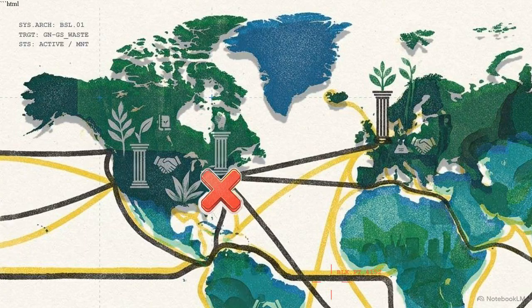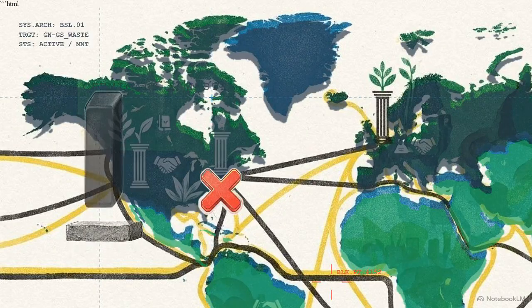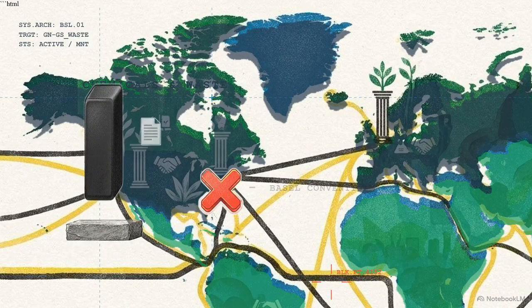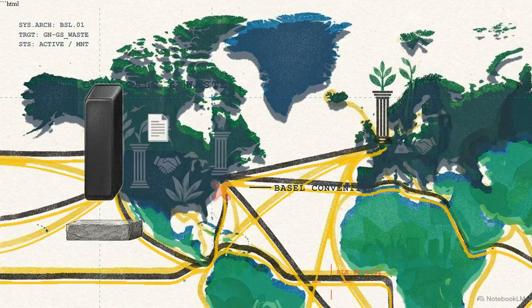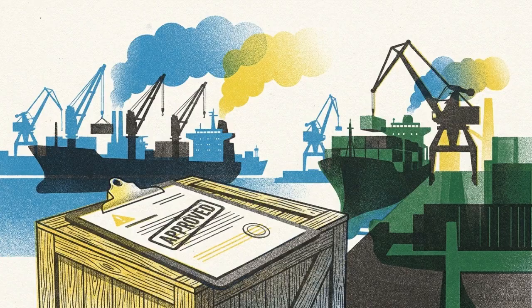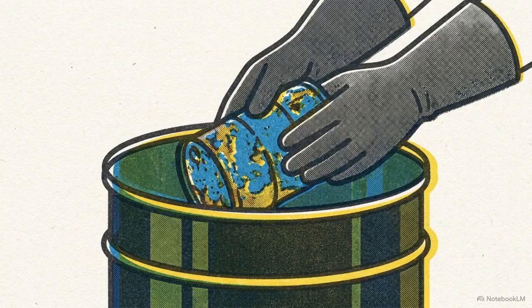The pillar for chemicals and waste is anchored by the Basel Convention, which prevents the transfer of hazardous waste from developed nations to less developed countries. Supplementary protections include the Rotterdam Convention's informed consent procedures for chemical imports and the Stockholm Convention's mandate to eliminate persistent